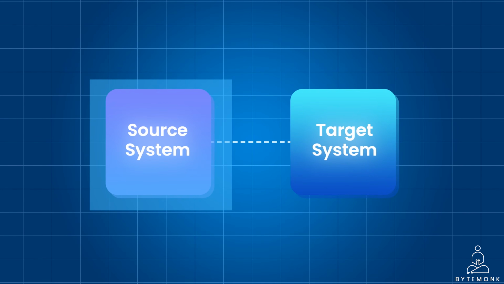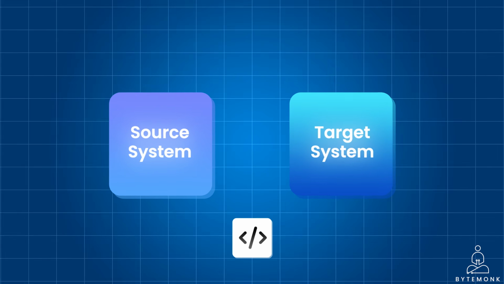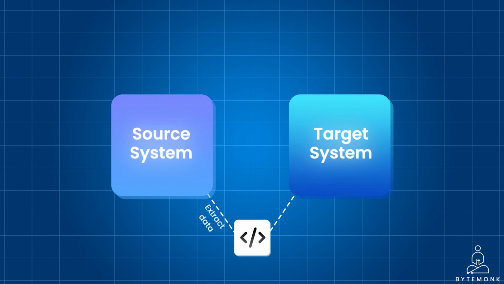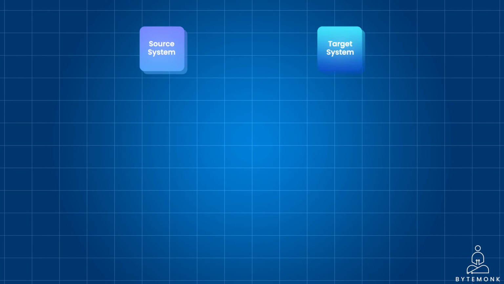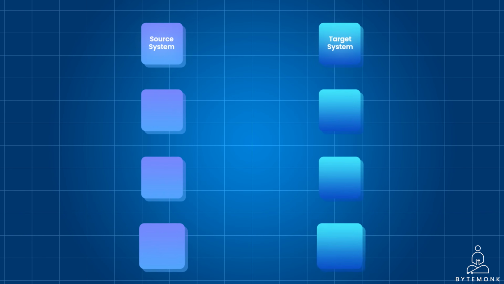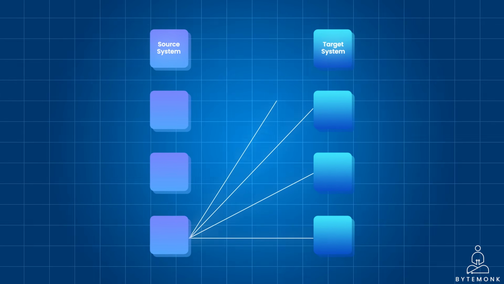Initially, data migration may seem like a straightforward process. It may involve writing code to extract data from the source system, transform it to fit the requirements of the target system, and finally load it into the target system. But as your business grows and evolves, you may find yourself with multiple source systems and multiple target systems. This can significantly complicate data integration, as each source system must communicate with each target system to share information. So previously, if you had 4 source systems and 4 target systems, you would need to create 16 integration points